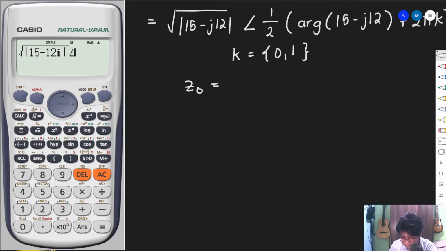Then shift negative sign para sa angle. Then 1/2. Shift to 1 para lumabas yung argument. No? 15 minus 12i, then plus 2 pi alpha x, no? So, palabasin ulit natin yung x. Then, calc 0. Okay, so we have here